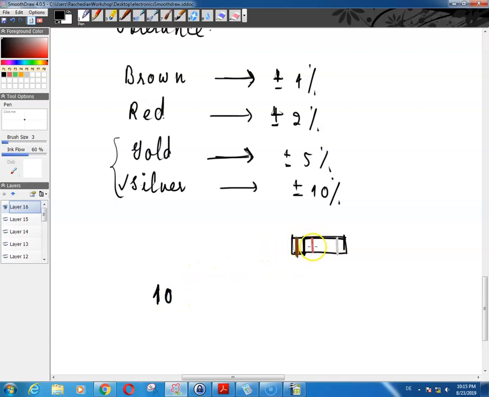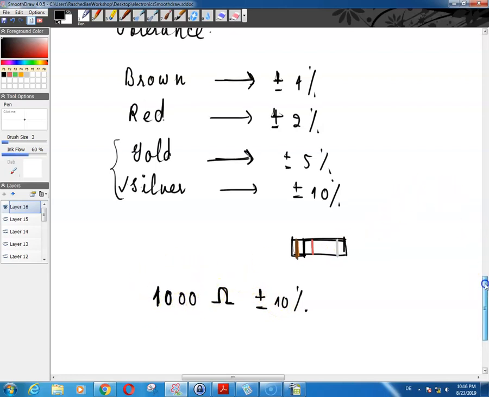The third band, which is a red, means that you have to multiply this by 100. So 10 times 100 is 1000. And that would be in ohms. Whatever you got over here would be in ohms. And then your tolerance, which is the silver, is plus or minus 10%. Plus or minus 10%, which means that now 10% of